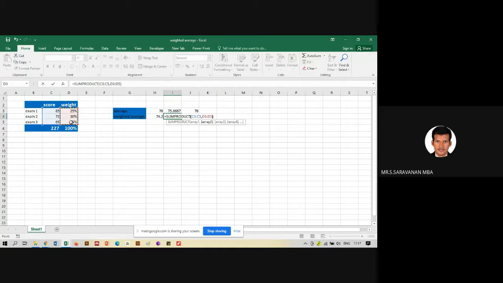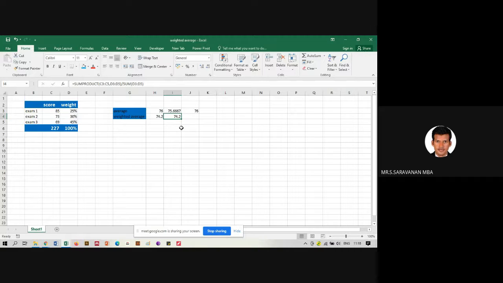Close the bracket. Divided by sum, and select the weight. Okay. So our average weight mark is 74. Out of this weight, we have calculated 74.2 is the actual mark of the student.